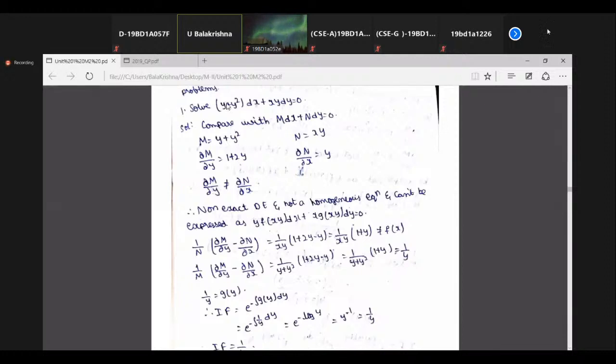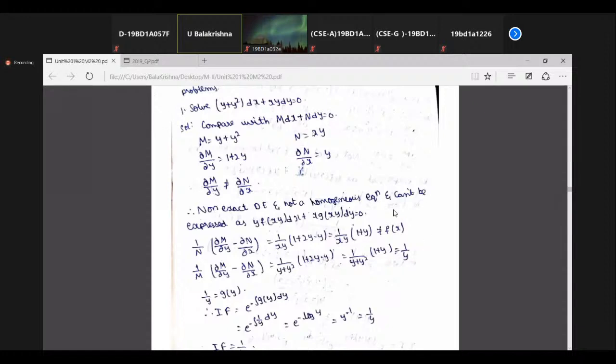Check for homogeneous: degree of y is 1 here, degree of y square is 2, degree of xy is 2. So the degrees of the terms of this equation are not the same, 1, 2 and 2, therefore non-homogeneous. When you take y common outside, it will be y into 1 plus y. That means this is not a function in terms of xy, 1 plus y is purely in terms of y, which means you cannot express it in this second form. So check for the